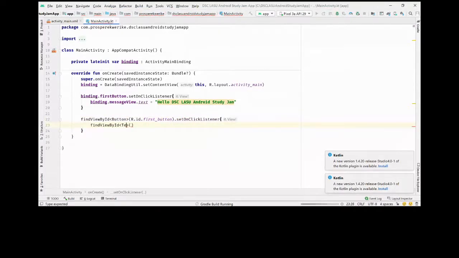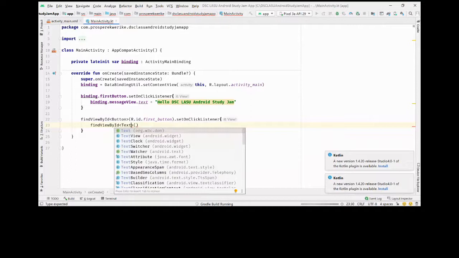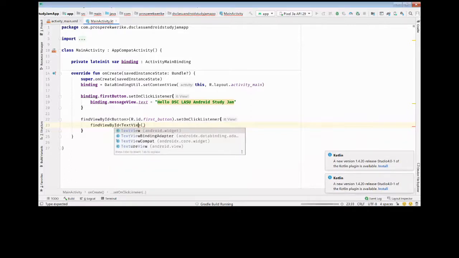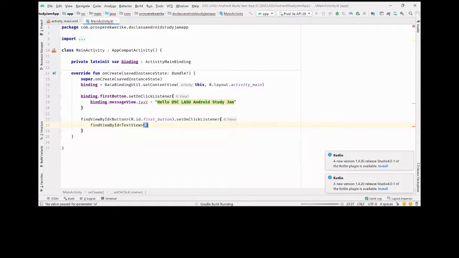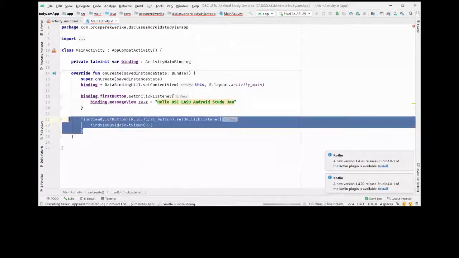And then for us to change the text, we also do find view by ID. There's just a lot of repetitive code going on here. Always find view by ID, every time find view by ID, it's obviously so ugly. So what I'm trying to show with this is how data binding made everything compact. The code is easier to read. Now imagine using find view by ID and just bouncing all around. It makes things messy. So while we're waiting for the application to build,